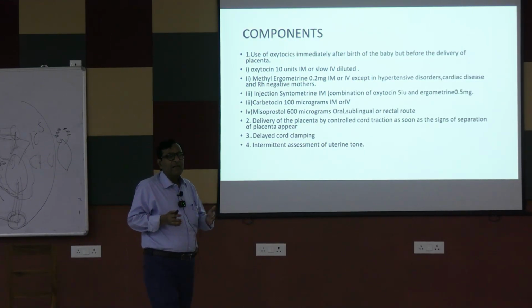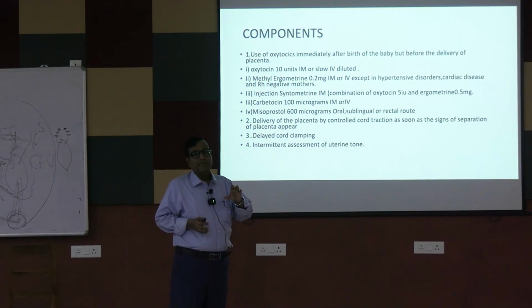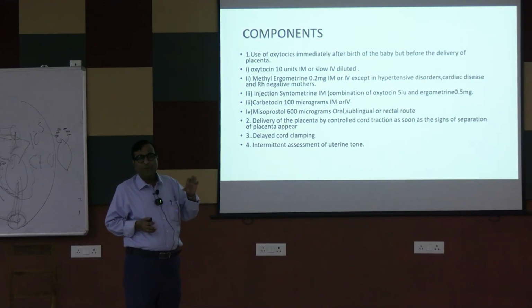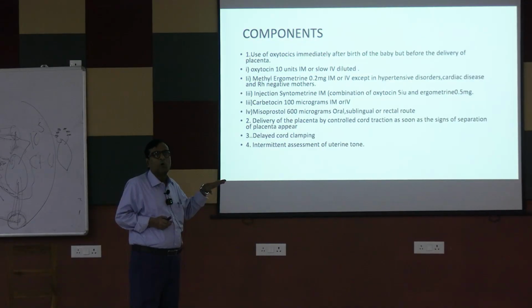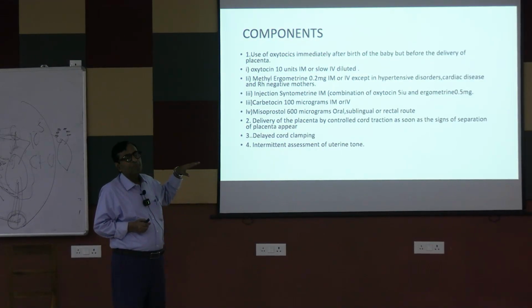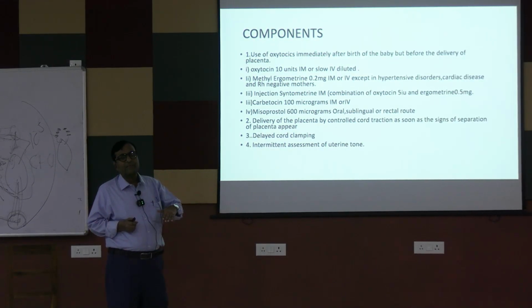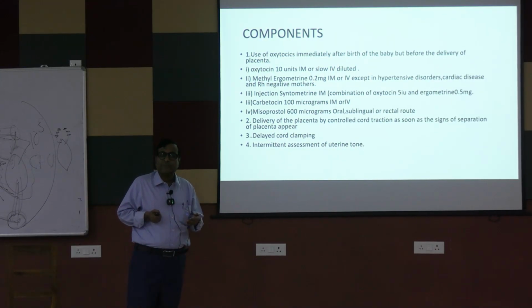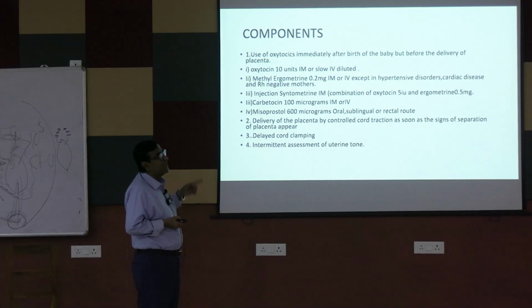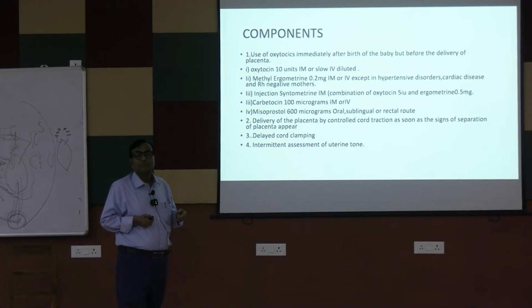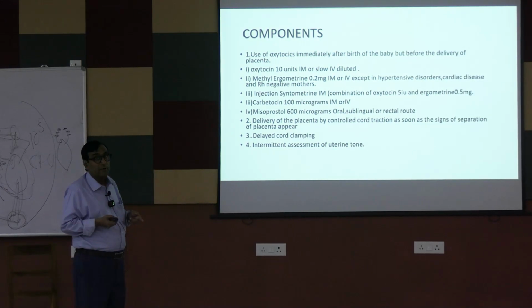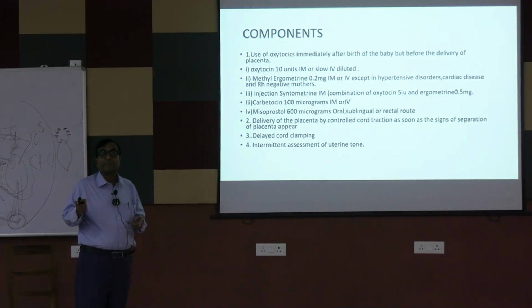But it is seen the third stage is very important, because PPH is the most dreaded complication of labor. So most of the patients die of PPH if we manage third stage expectantly. So here came the idea of active management of third stage of labor. What do we do actually? How does it differ from expectant management?